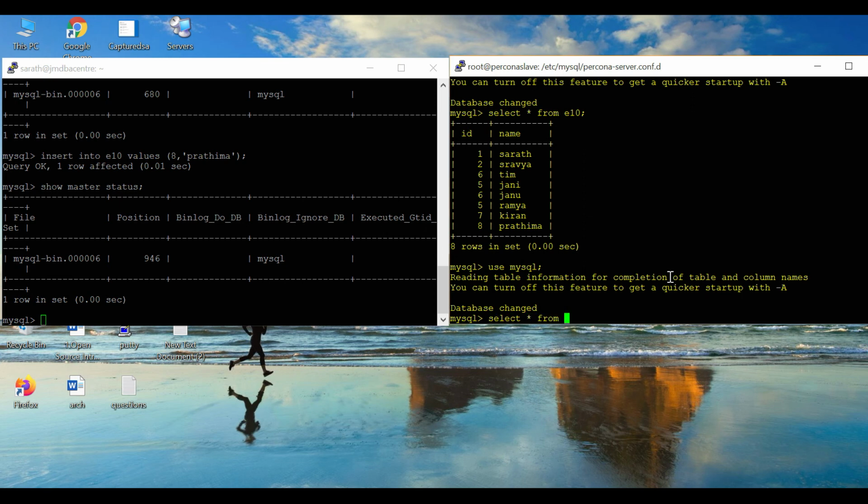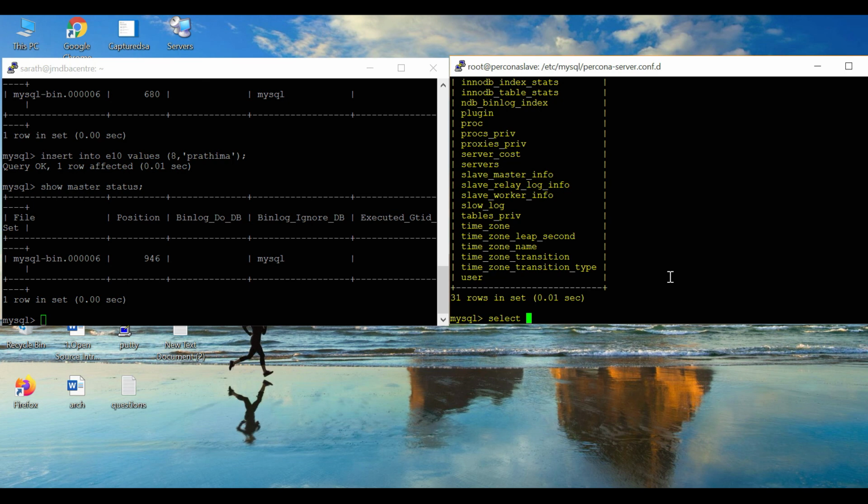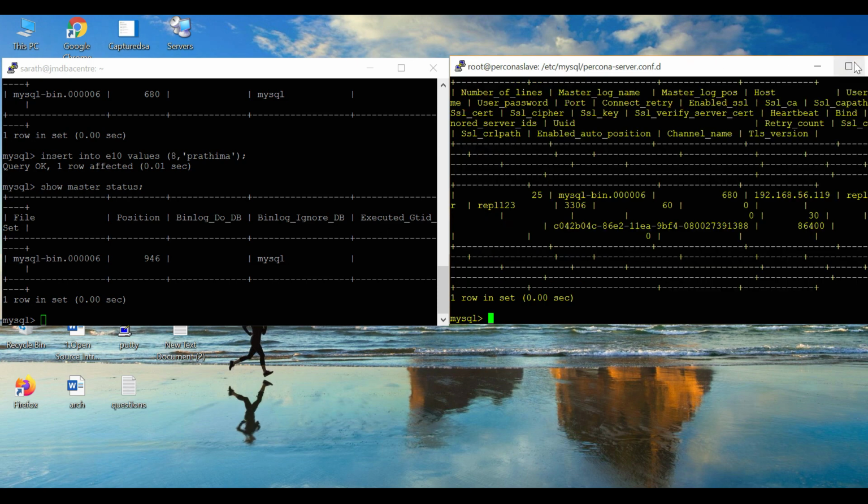We need to remember the table names; if you don't know, you can give show tables. Select star from slave master info. See, it has started recording.